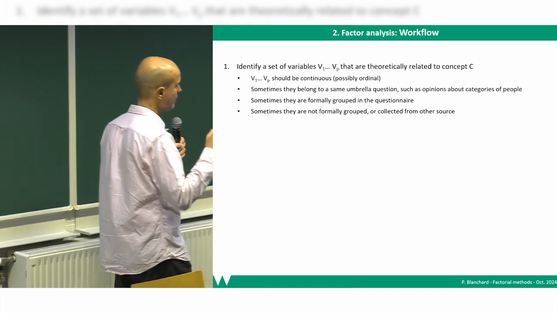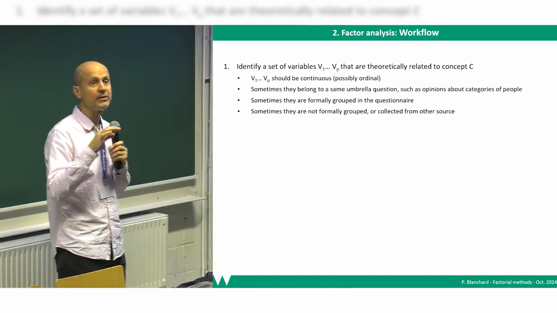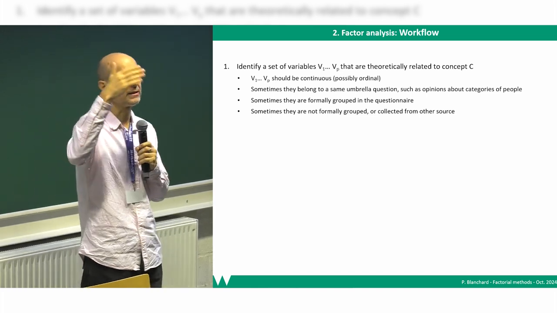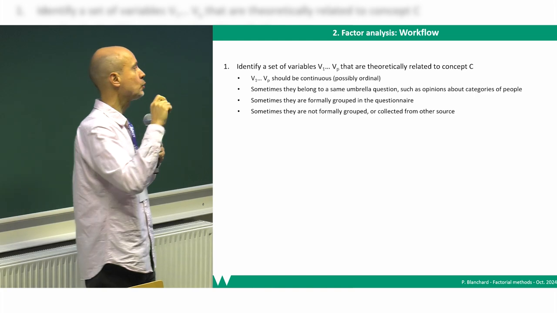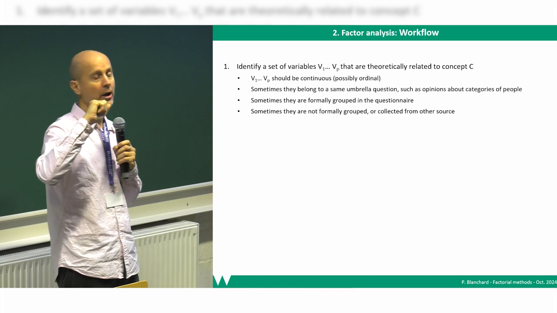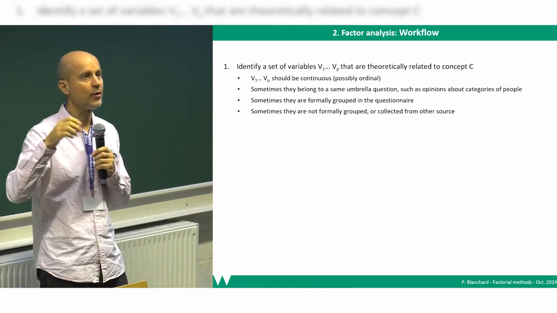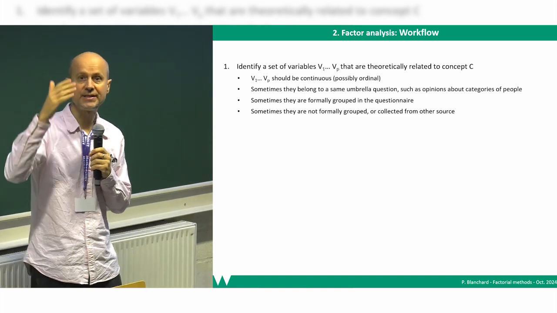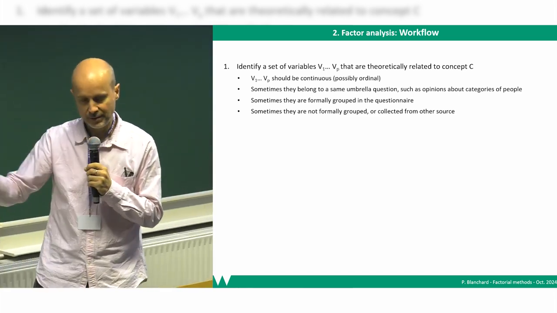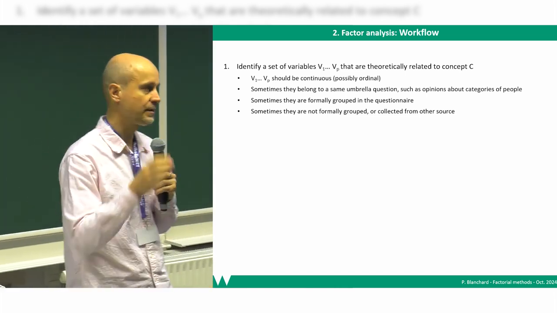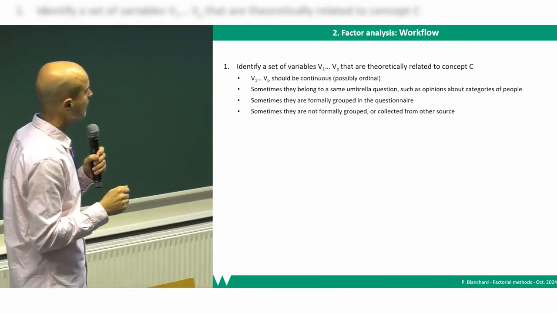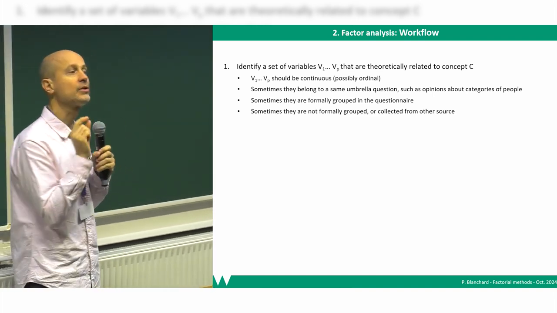So observed variables. Typically in surveys, they belong to a box. Okay, you have like, what are your views on this and that policy? Or do you hold this and that values? Or have you engaged with this and that kinds of organizations? Do you have this and that affiliations, and so on? Sometimes they are not designed as a box like that, and they appear in different places in the questionnaire. But they have to be related to a certain concept.